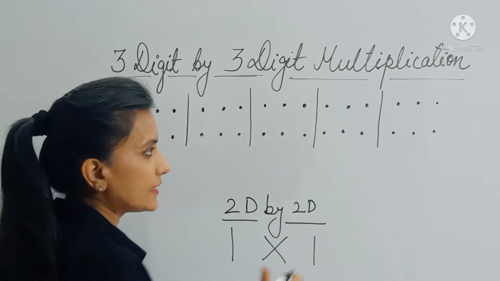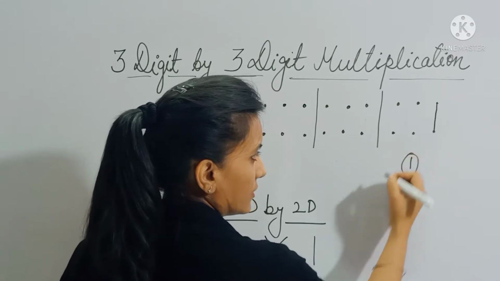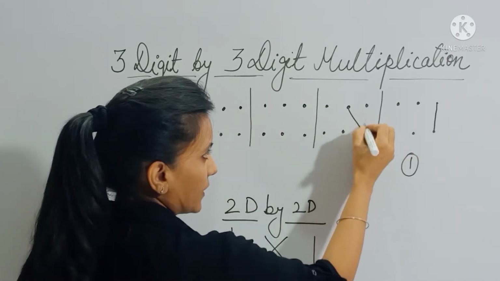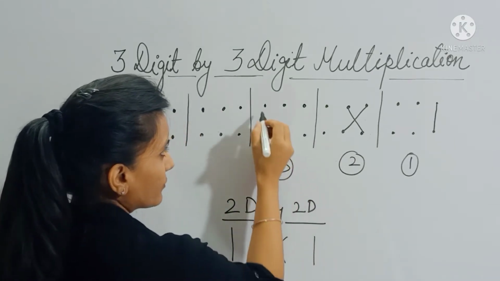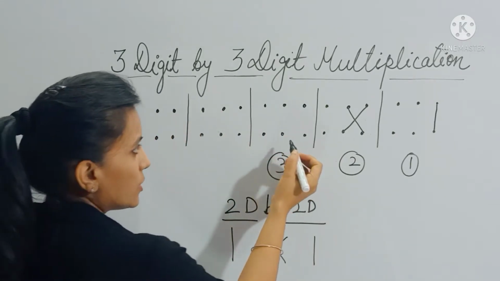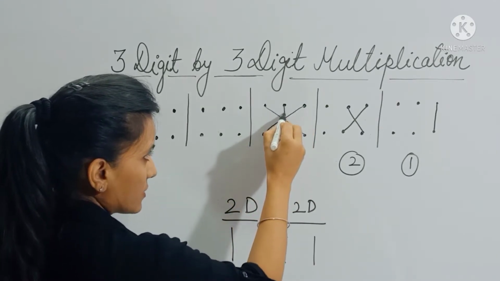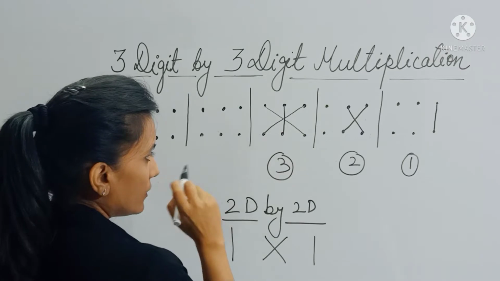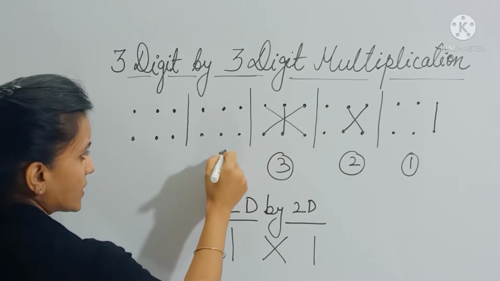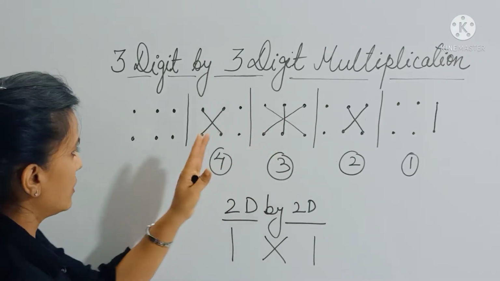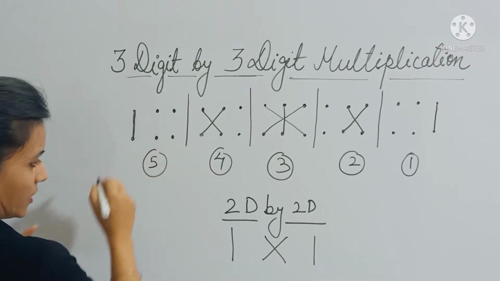So first pattern is multiply these two. And second pattern is multiply these two. This is your step number 2. Step number 3 will be, since it's a 3-digit number, so we will multiply the extreme digits and the center one. Okay. Now you have to repeat the same pattern what is here. So here the fourth step will be multiply these two. Now here multiply these two. This is your step number 5.